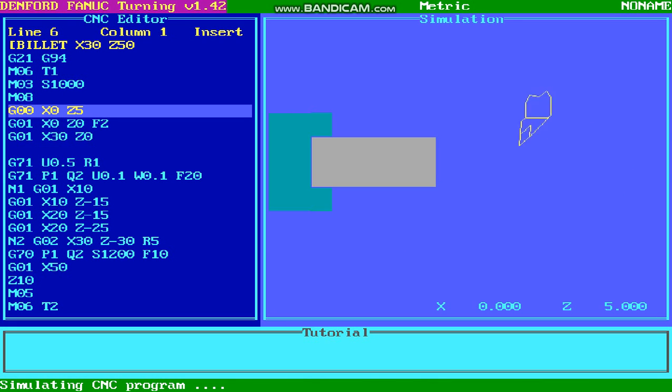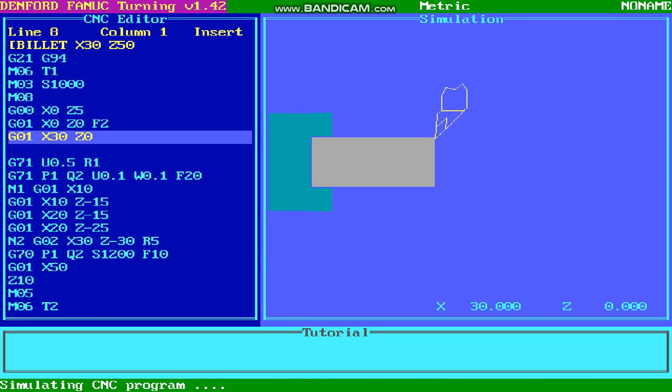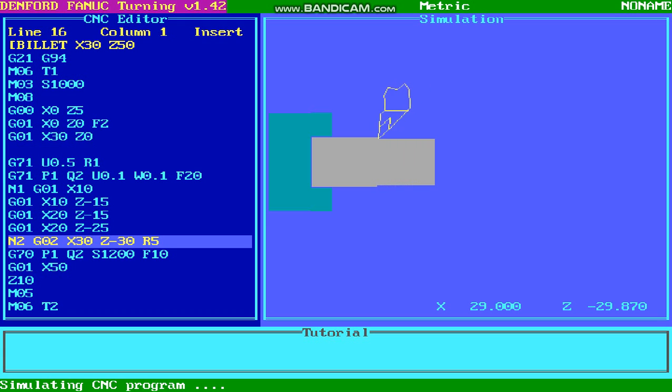You can see now that initially you will be able to carry out the turning operations using your roughing cycle as well as your finishing cycle. This roughing cycle is being taken in steps of 0.5 mm with a retract of 1 mm. So in each step you are going to remove 0.5 mm. The cycle is starting at N1 and ending at N2, as you can see here in the sketch.